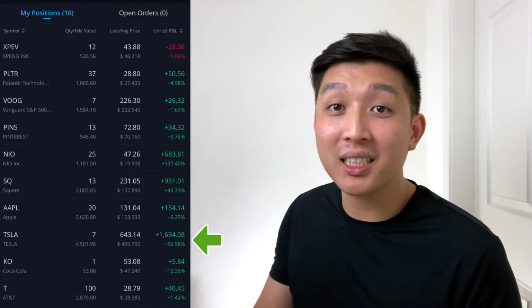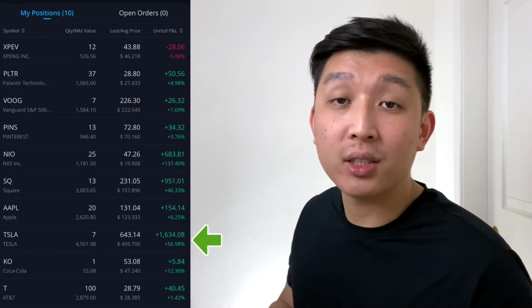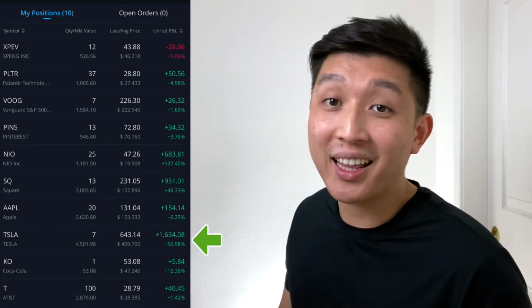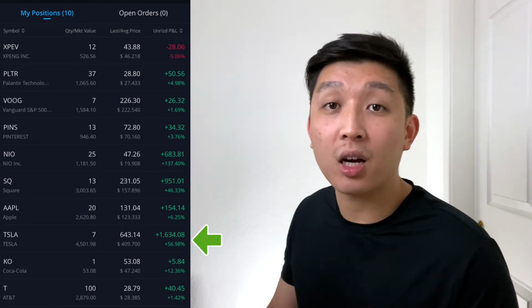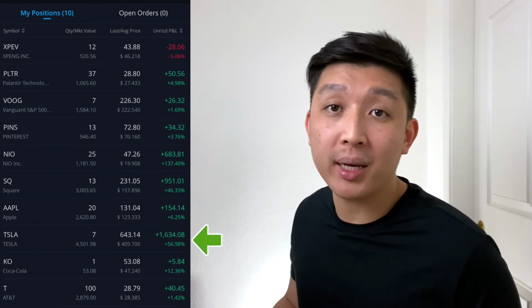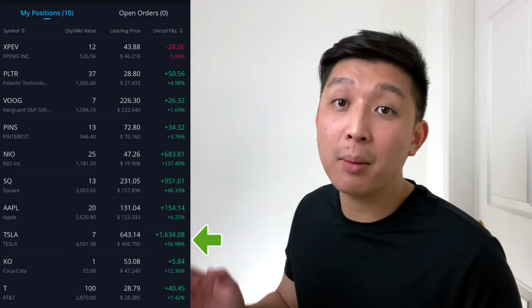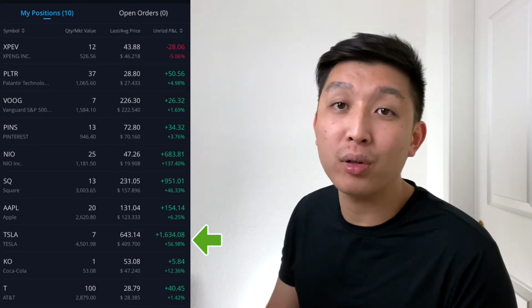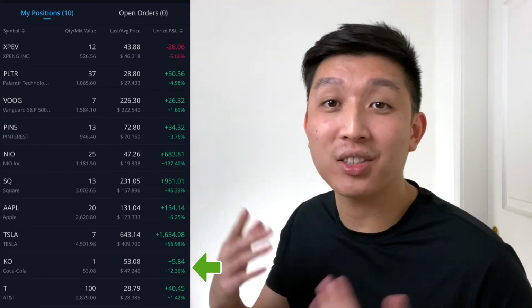Now let's talk about Tesla. For those of you who don't know, Tesla is more than just a car company. They make money storing power, they make money with solar panels, they make money selling insurance, and they make money selling their own merch. But its most hyped up future product would be autonomous driving, getting full automation. Once they achieve that, Uber, Lyft, and taxis will be going out of business. But of course, this is going to take years to achieve, and because of this, I'm bullish on them in the long run. As for Coca-Cola, I just got this as one of my free stocks,